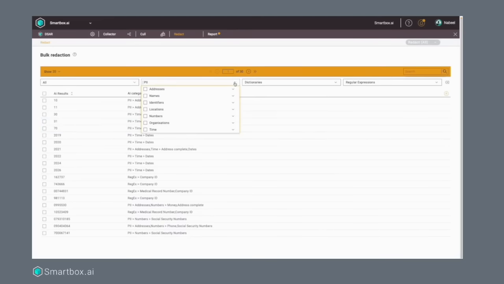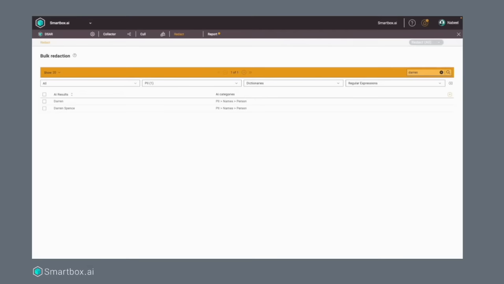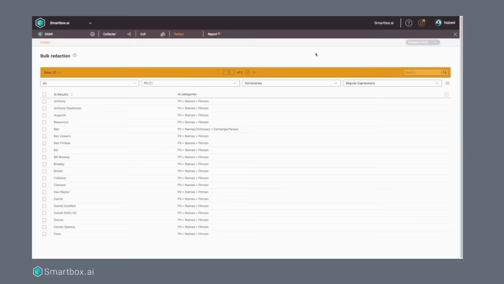With our redaction table, we can see all of the PII information that the AI solution has gathered. We can subcategorize the information via names and people, addresses, dictionaries. We can pinpoint a particular person for redaction,